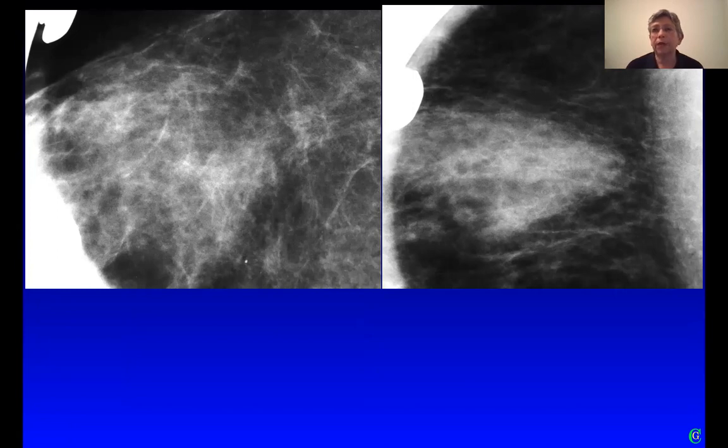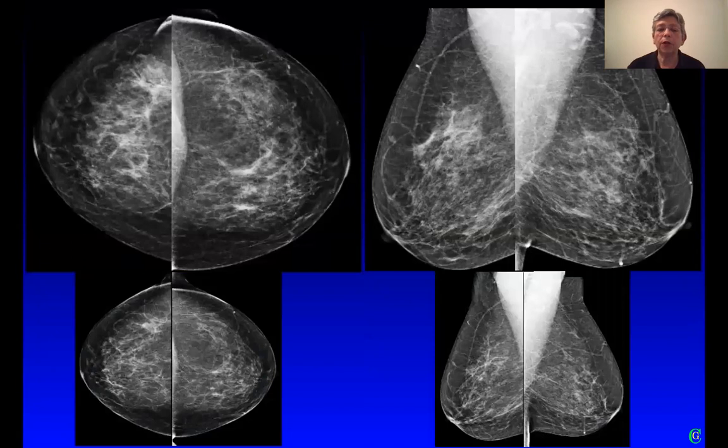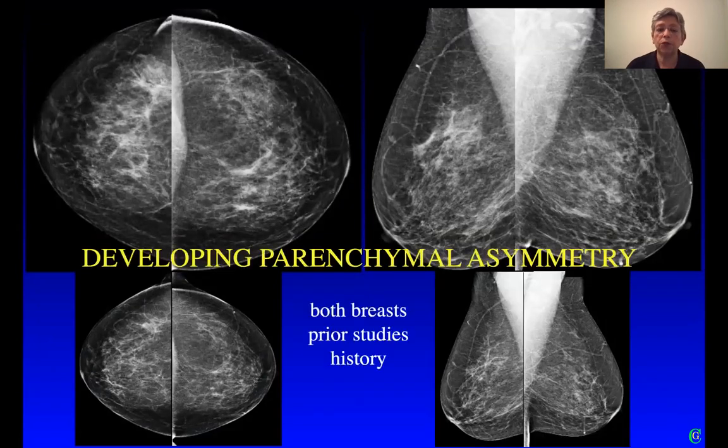We sampled this area extensively, and it is in fact an example of pseudoangiomatous stromal hyperplasia presenting as developing parenchymal asymmetry. In this patient, I'm showing you the current study where you see asymmetry in the distribution of the breast parenchyma, but it's only when I show you her prior studies that you can describe this as developing asymmetry. It actually involves both breasts. It's fairly diffuse. And this is a patient that has been started on estrogen,